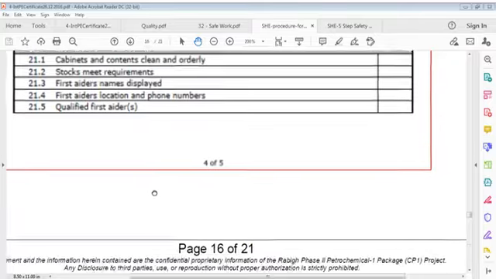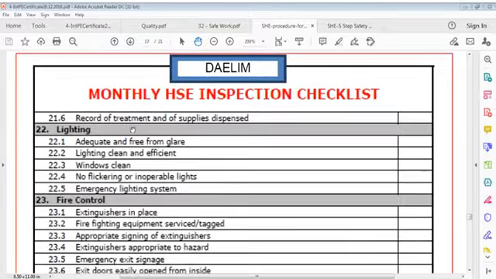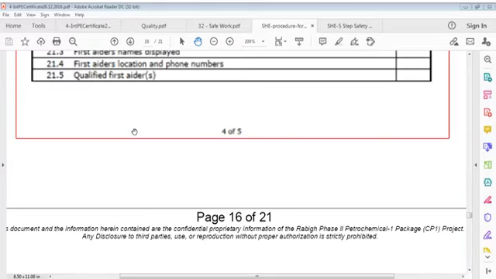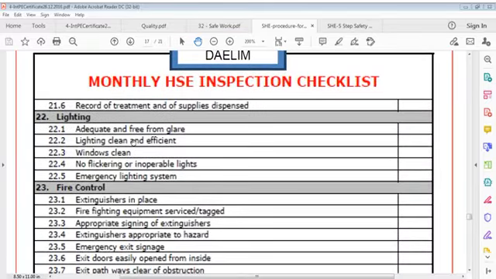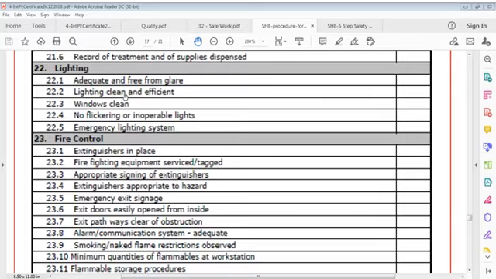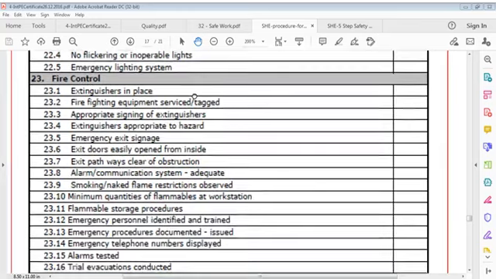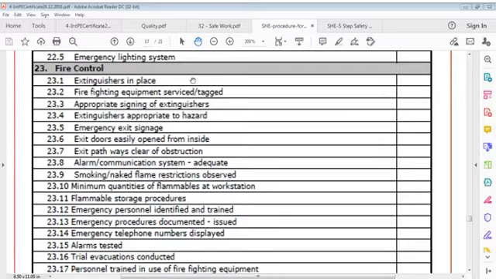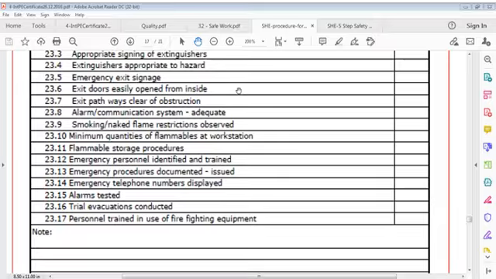Numbers, qualified first aider. Then we can say here it is qualified first aider, a record of treatment and of supplies dispensed, lighting adequate and free from glare, lighting clean and efficient, windows clean, no flickering or inoperable lights, emergency lighting system, fire control, extinguishers in place, fire extinguishers, firefighting equipment service stacked, appropriate signing of extinguishers appropriate to hazard, emergency exit signage, exit